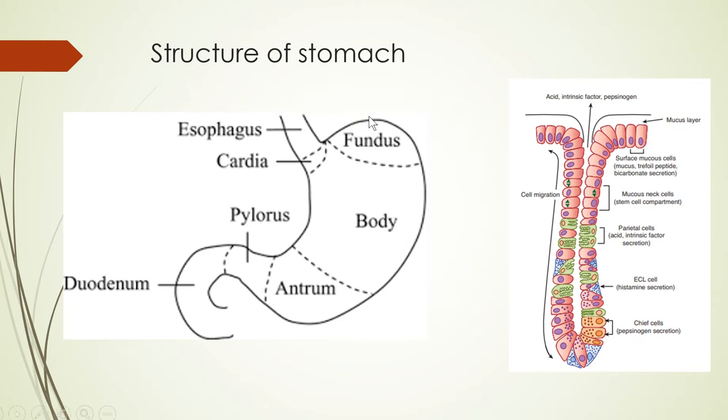The dome-shaped area of the stomach is the fundus. The most dilated central part is the body. The most distal part is the antrum, and the pylorus is nothing but the last part of the antrum, but having very thick muscle tissue so that it can act as a sphincter to guard the food passage from stomach to duodenum or from duodenum to stomach. Basically that is called regurgitation.